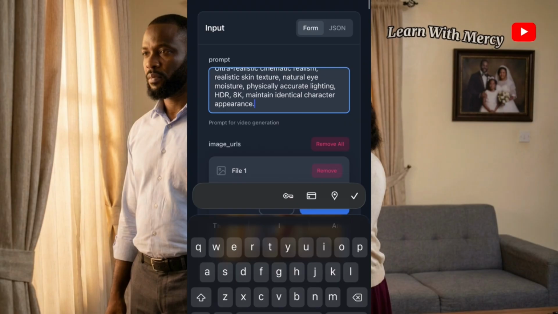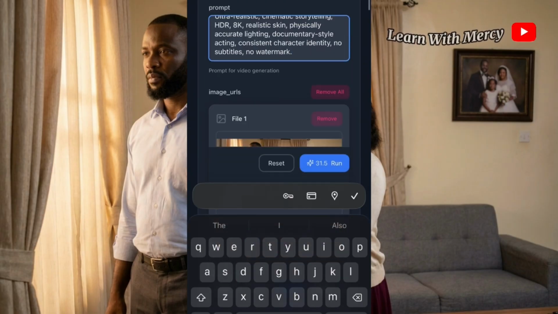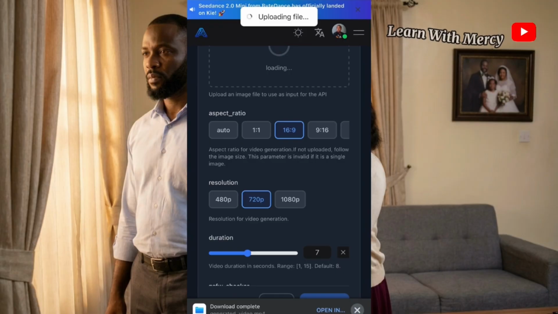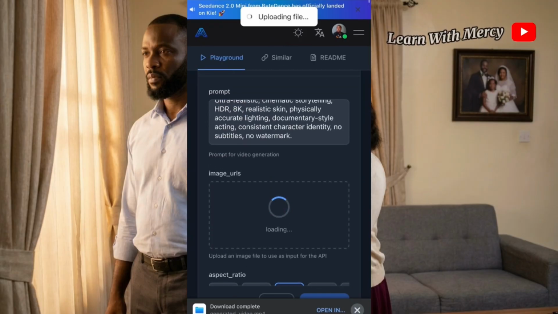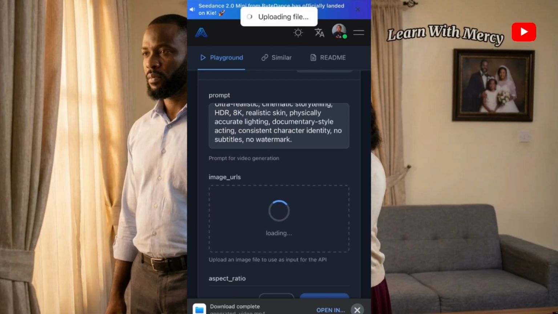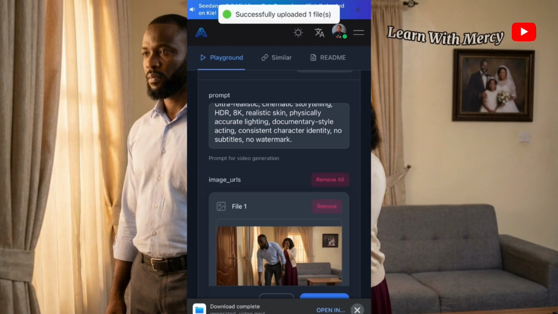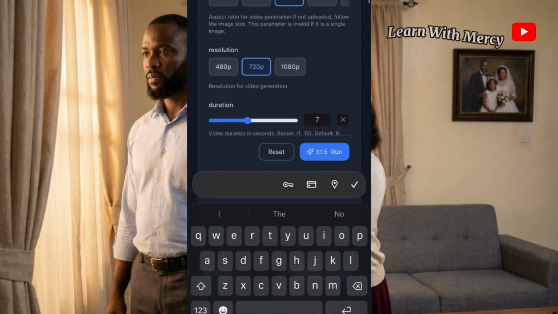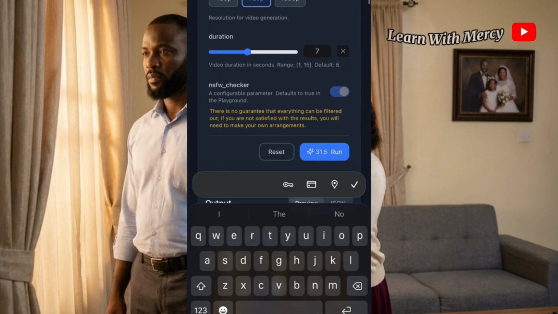So this particular model is not unlimited, it is limited. But I think this credit resets every day. Why I said so is because some people say that it resets, while some say that theirs doesn't reset, but as for me, mine resets. So let me know in the comment section whether yours resets or not.